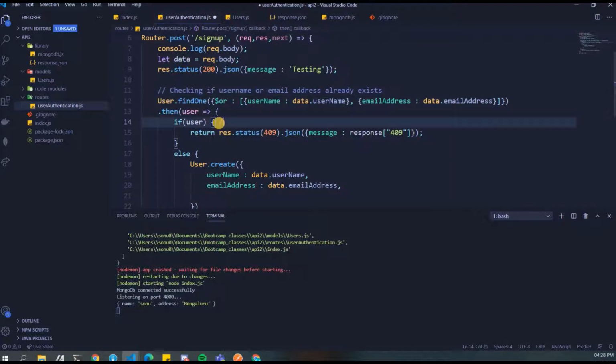If exists, then duplicate. Okay. Otherwise, create or insert the data into collection. Don't worry over here, guys.